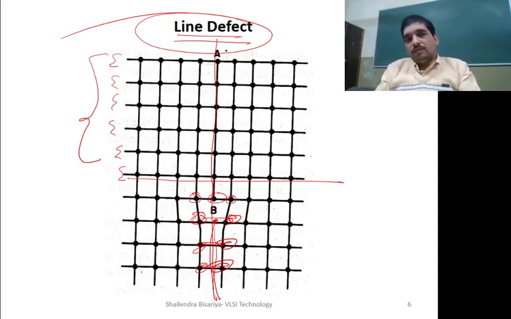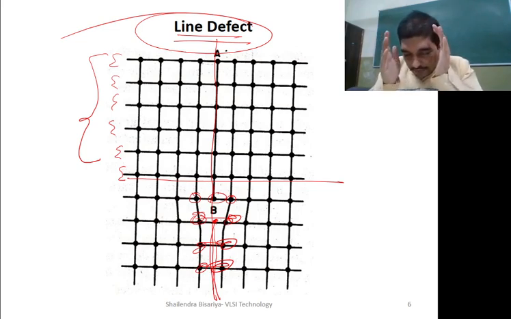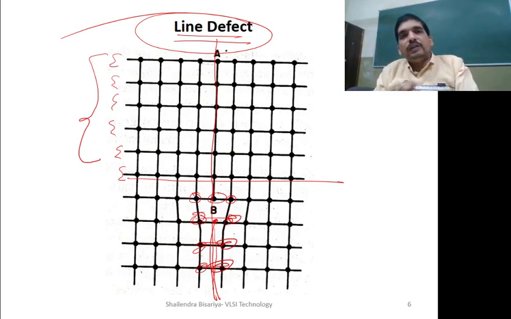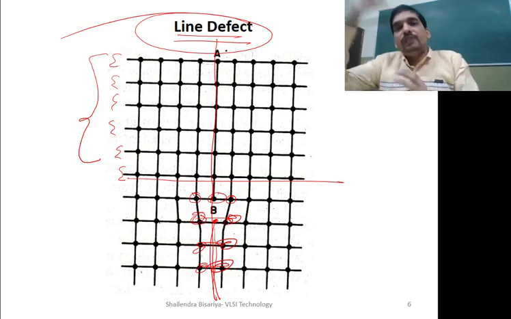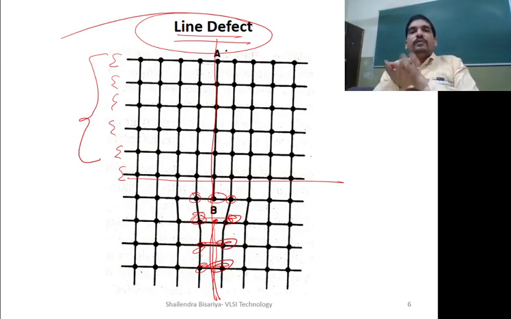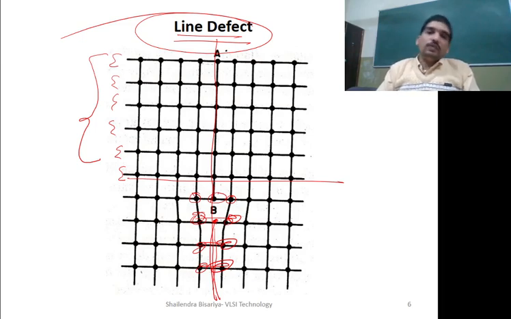And if you are able to visualize the defects now, you will be able to understand what will be the effect of these defects later on when we will be able to manufacture the IC. When you study further, you will be able to understand which type of effect will appear and which type of fault will occur due to these defects.